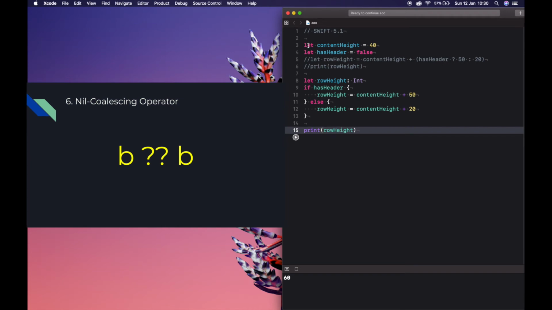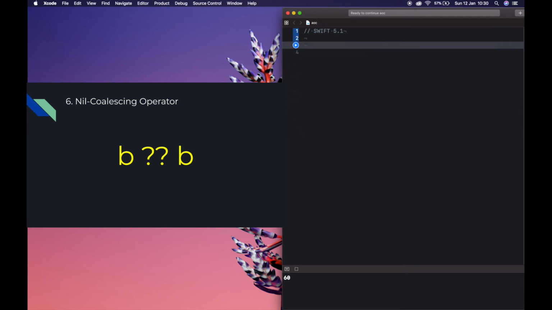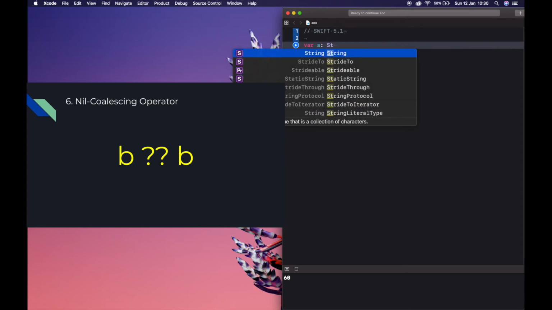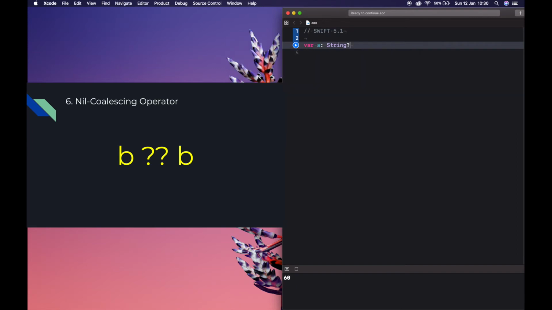Okay, next we are going to check the nil coalescing operator. The nil coalescing operator unwraps an optional a if it contains a value, or returns a default value b. a is always of an optional type and b must match the type that is stored inside a. For example, let a be of type optional string,